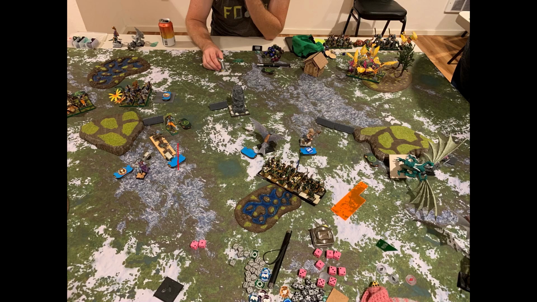My shamblers, again, roll pretty well. I end up doing 4 wounds to this Clanlord, but I can't seal the deal. And then my dragon, thankfully, doesn't fail, kills off the Ancients, actually just barely. So that was pretty good. And by just barely, I mean I rolled a 3 to finish them off. I believe my opponent made me...